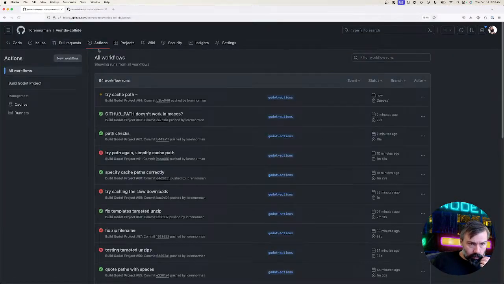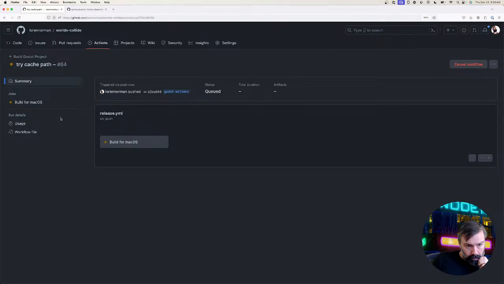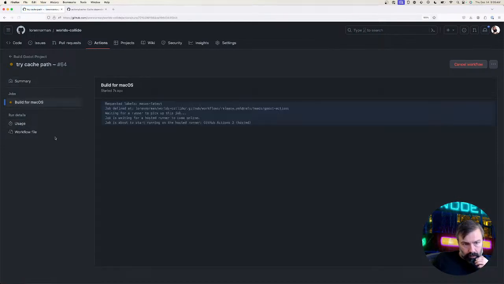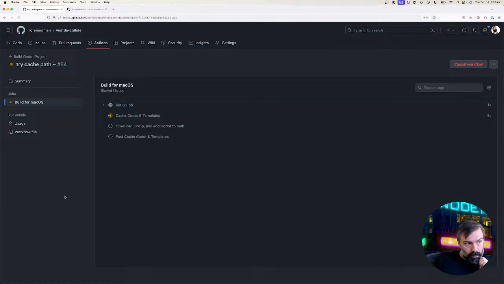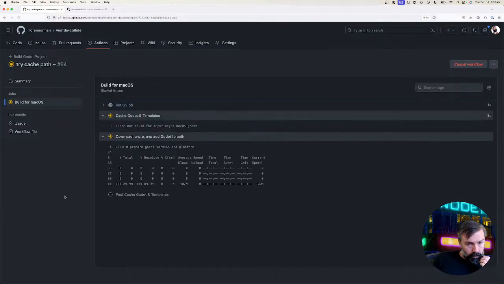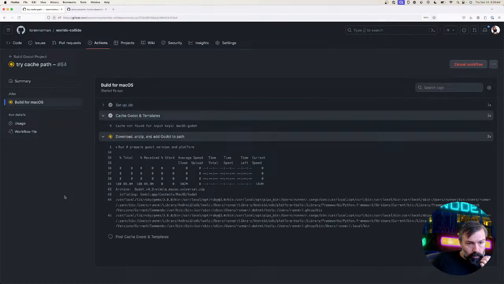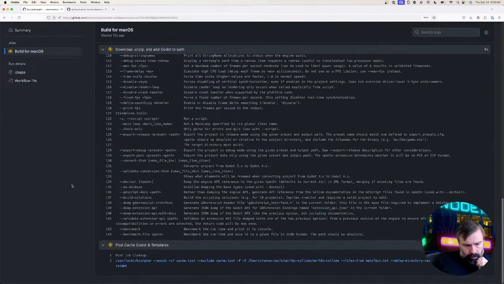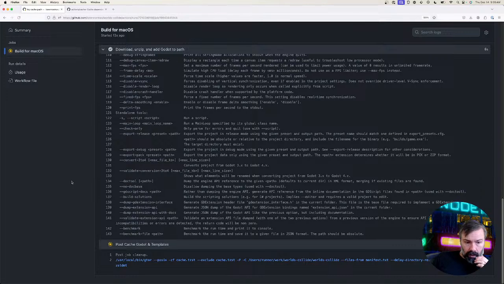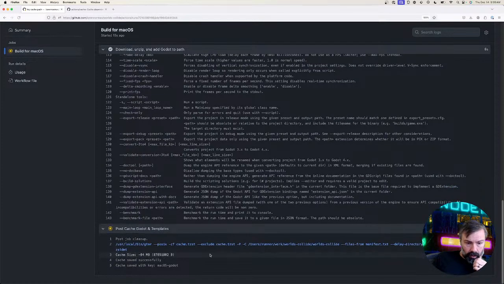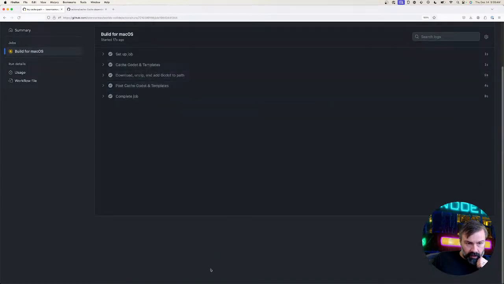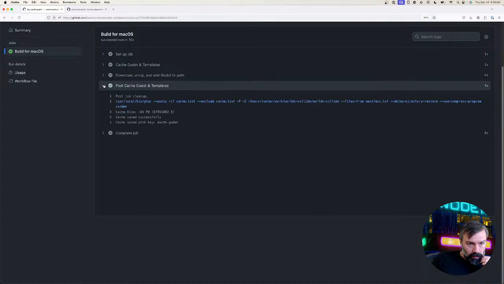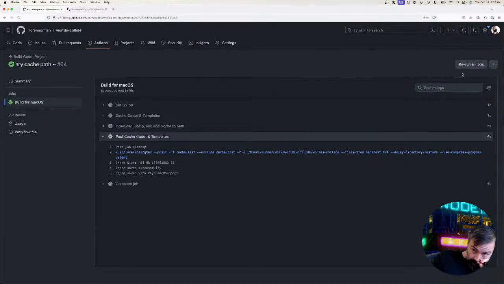Oops. Oh, looky. Didn't complain. Look at that. 84 megabyte cache size. That's it. It worked. It worked. And so does that mean that if I rerun all jobs,